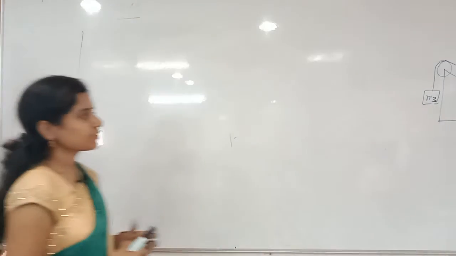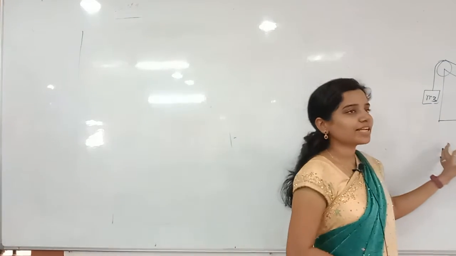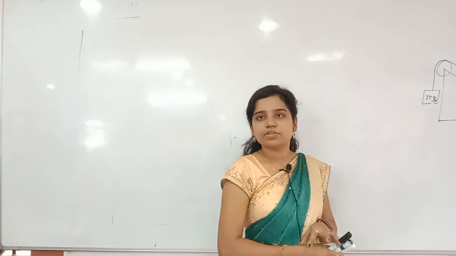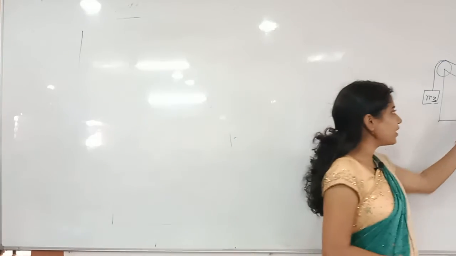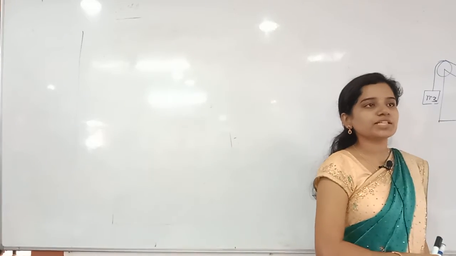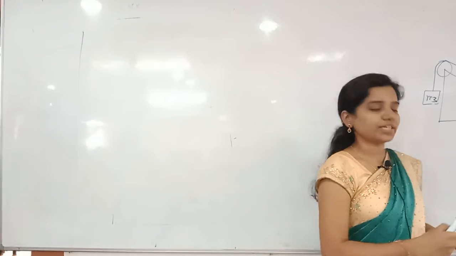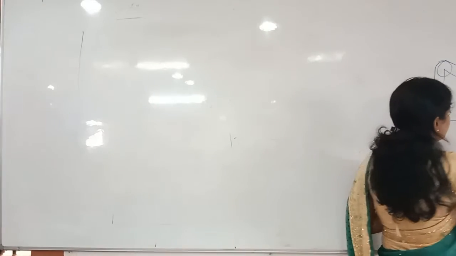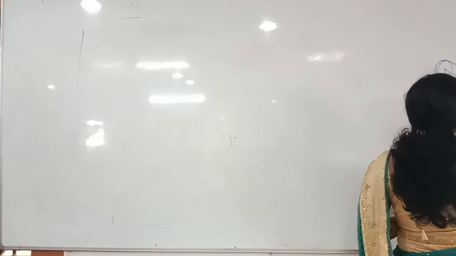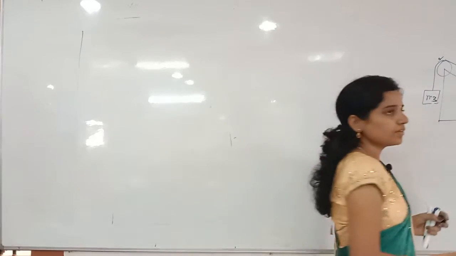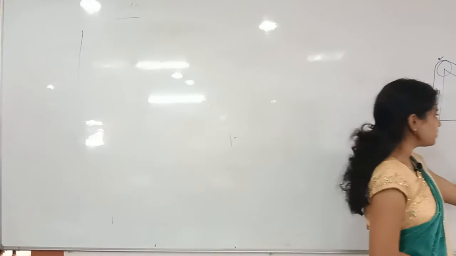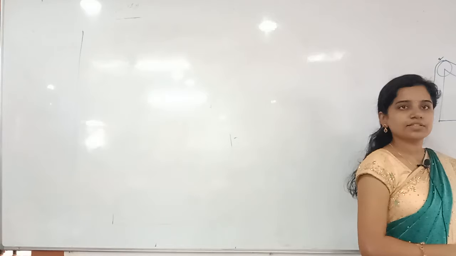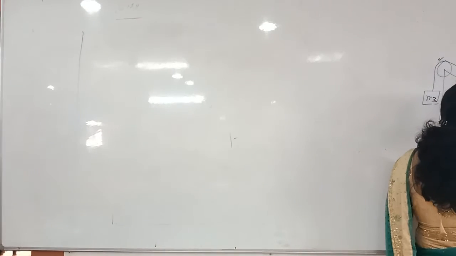See this. Here, first of all, you have to decide in which direction the system will move. And before that, you have to observe there are two strings here. Two strings, so how many tensions will be there? Two tensions will be there. So, this is the first string, let us consider. This is the second string. If you see the first one, M1 is how much they are saying? 10, no? So this is 10.